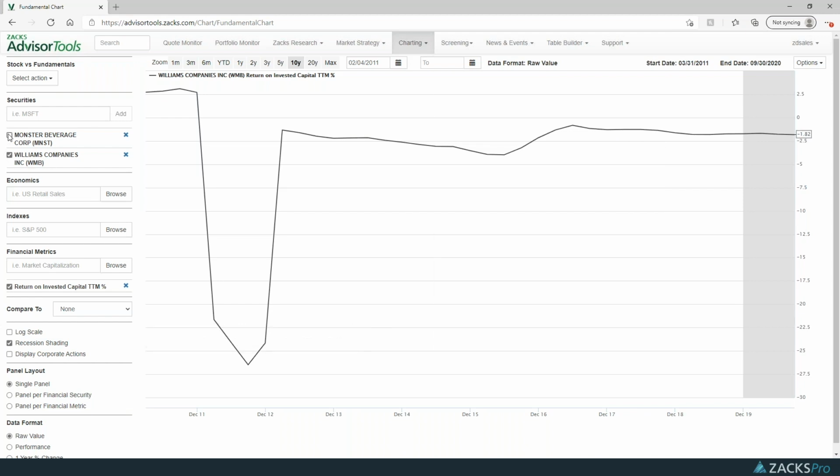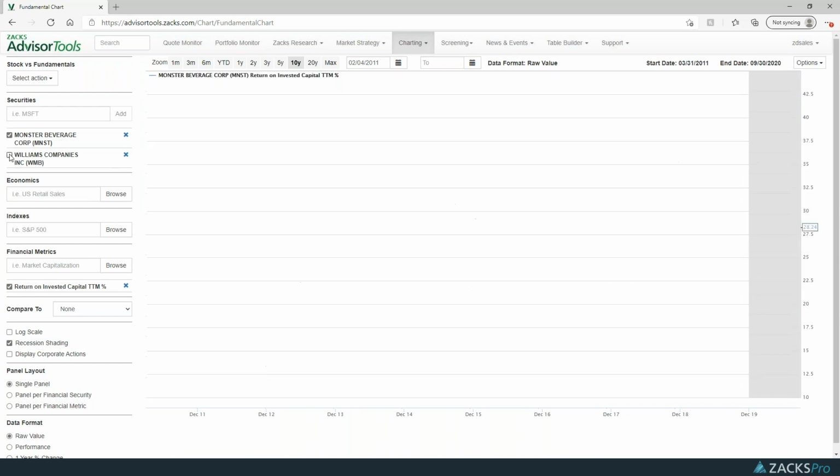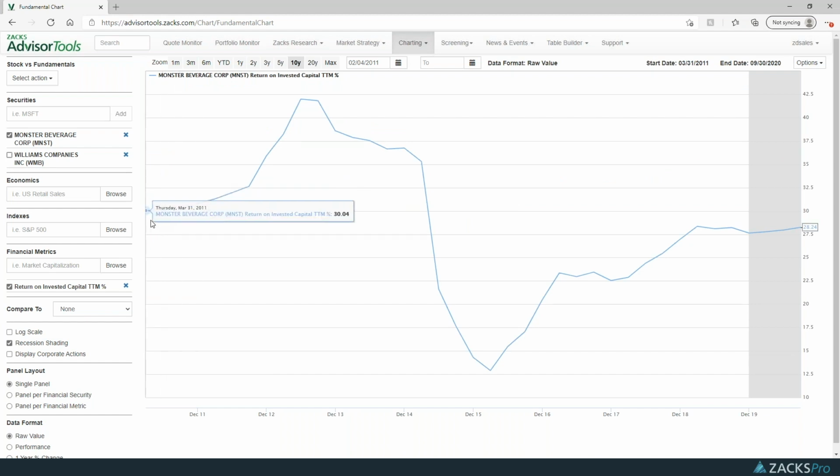And let's contrast that with a company, Monster Beverage. I'm just going to uncheck Williams Companies here so that we can see exactly what this is showing us. Over a 10-year time frame, look at the return on invested capital of Monster. These are just monster returns. You can see that it started off at about 30%. It got up to about 42% at its highs, dropped down to about 12%,